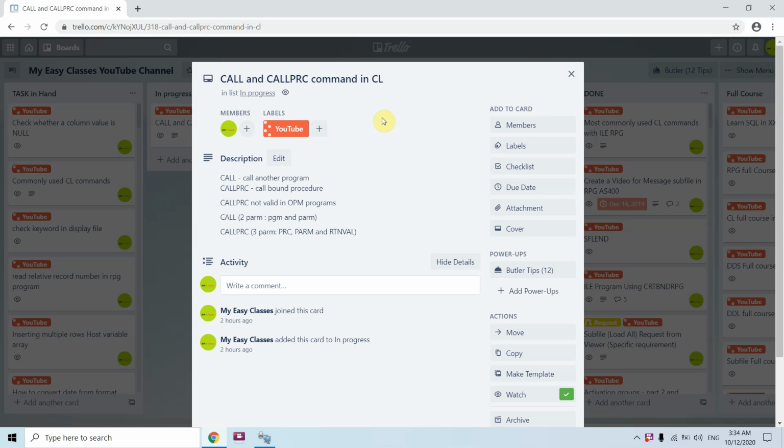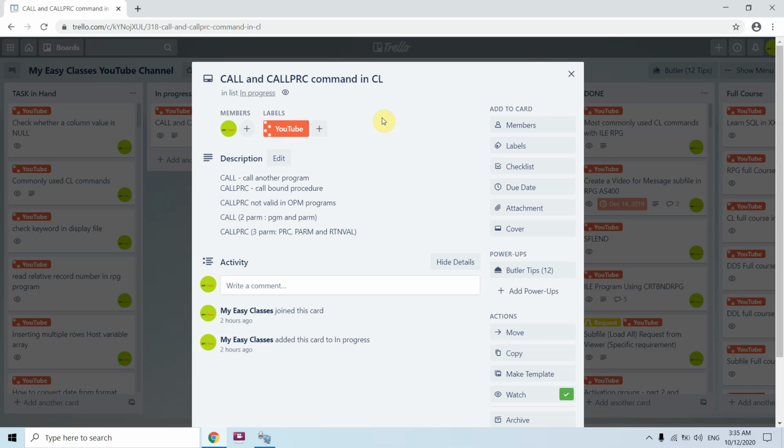Now, what types of procedures can we call? Either a service program procedure or a bound procedure, meaning a bound module. We can even call a bound module as a procedure in that CL program using the CALLPRC command. CALLPRC is not valid in OPM programs. So two things here: if the CL source member is CLP, then we cannot use CALLPRC there.